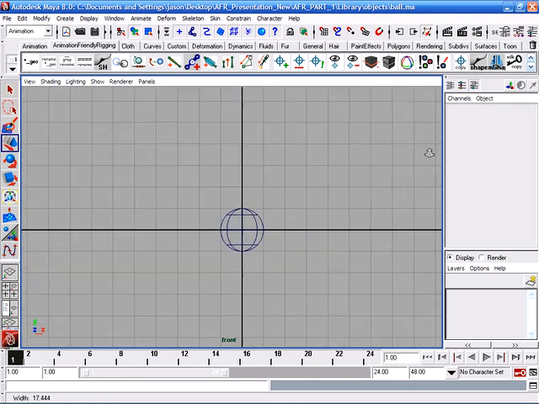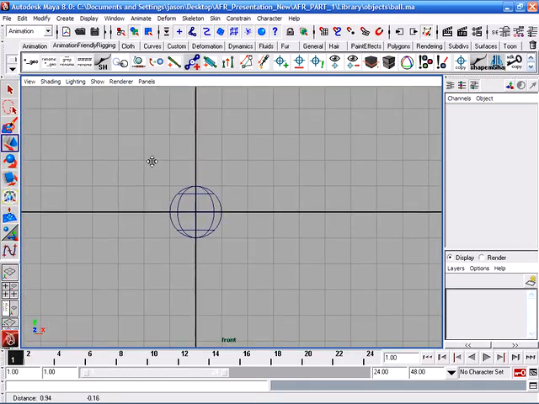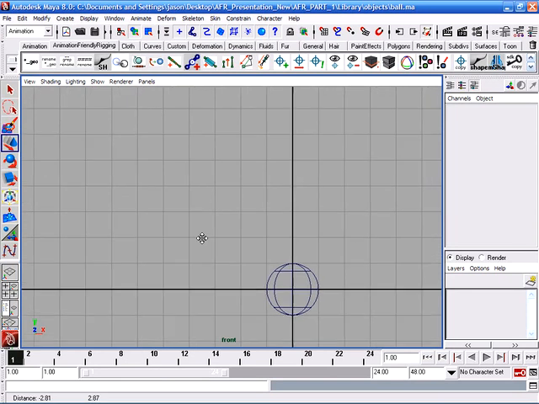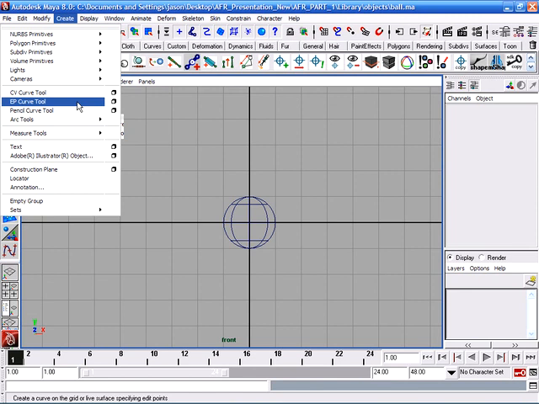And so we've got our sphere. And what we want to do is create an icon that's going to represent motion. Well, notice with the mouse, when I go ahead and pan and move around, you see what the mouse does? It turns into a little bunch of arrows there. We can create that for the ball, so the animator knows that that means they're going to be moving a ball around. So what we'll do is we'll go to Create, EP Curve Tool, and we're going to click on